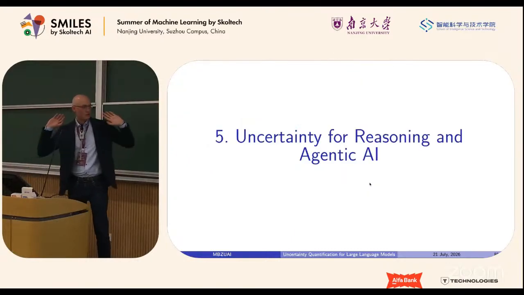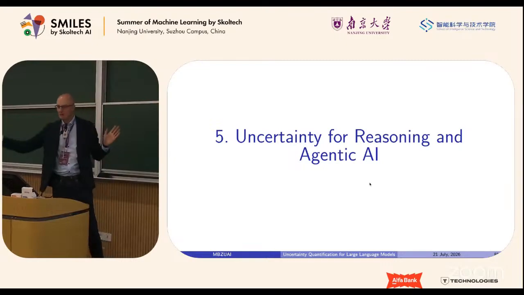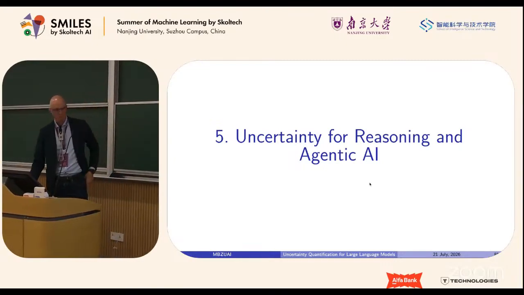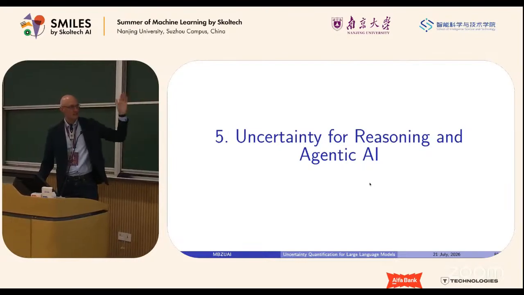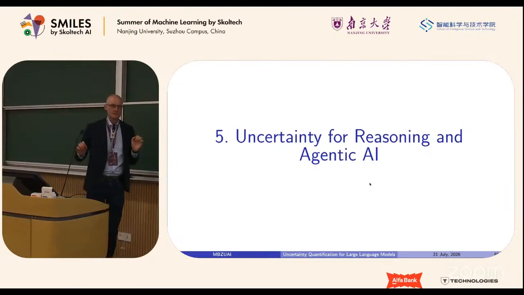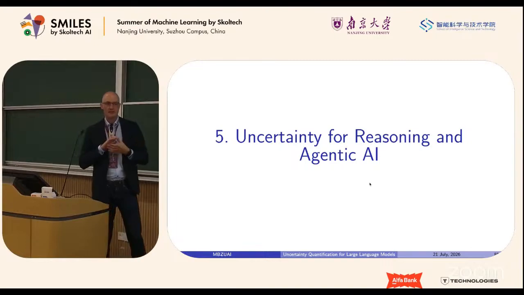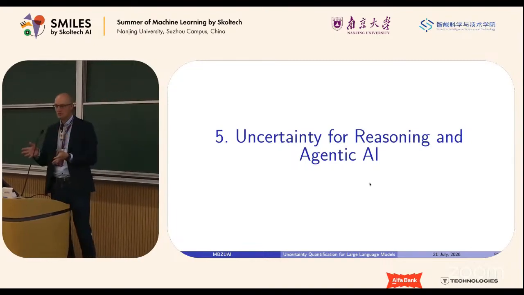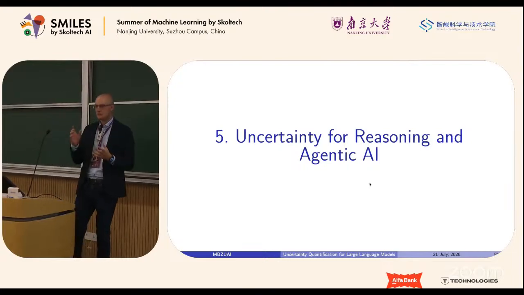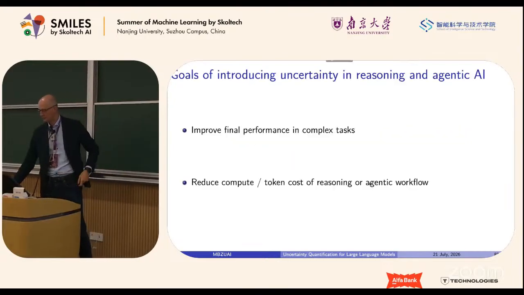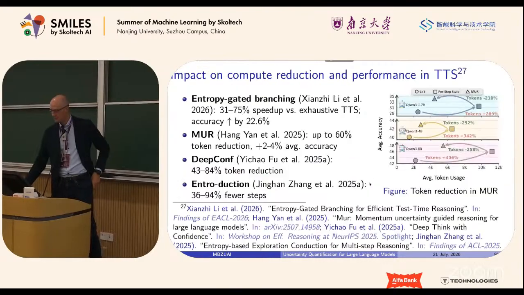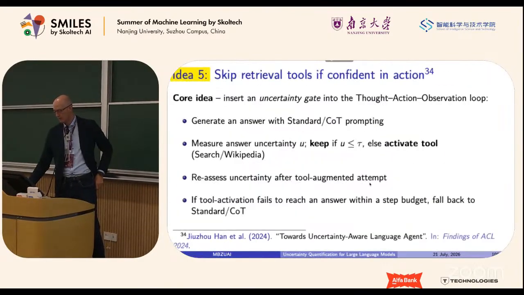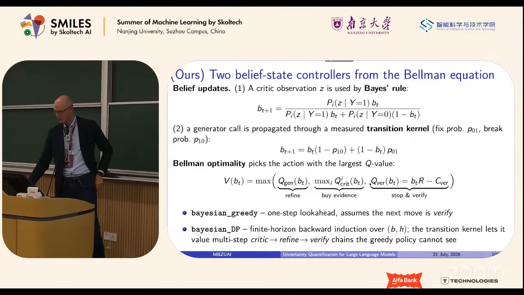And there's actually a huge part about agentic and reasoning, which of course I cannot discuss now. But in general, my claim would be that uncertainty nowadays is not just a guardrail anymore. Uncertainty can help us improve performance. It can help us improve the efficiency of our agents. And that's a lot of material. If you want, you can check it out after the session, or talk with me.